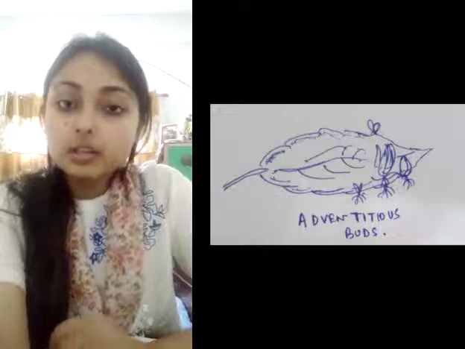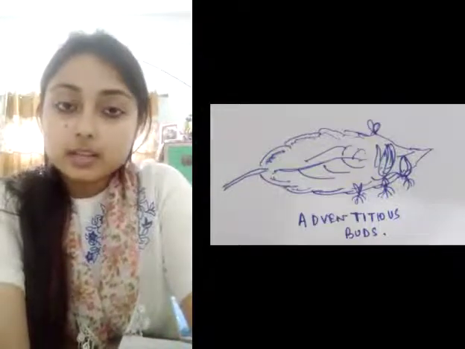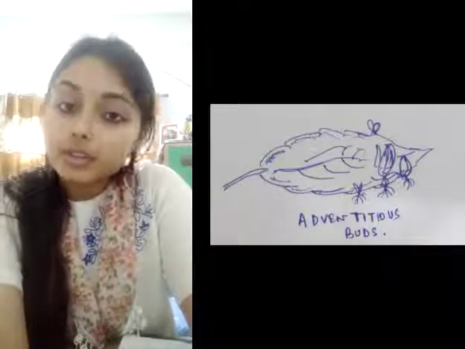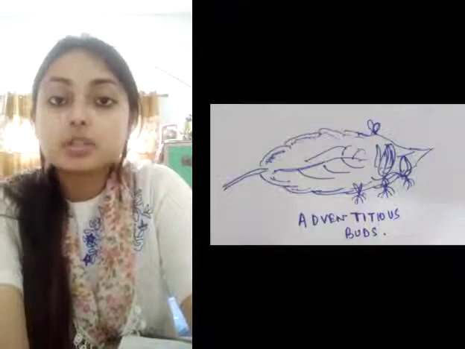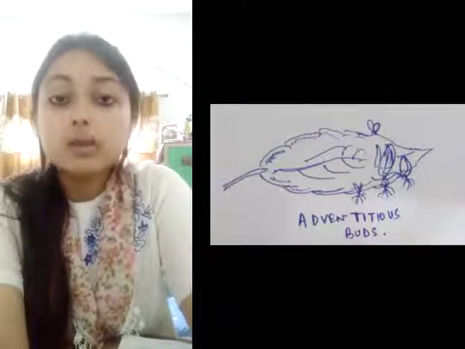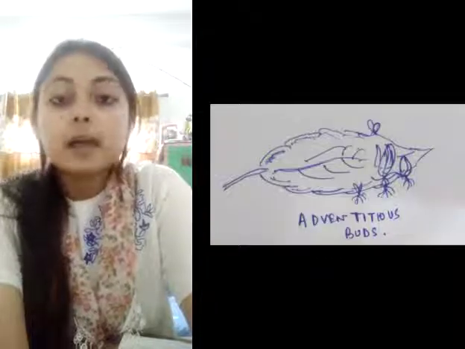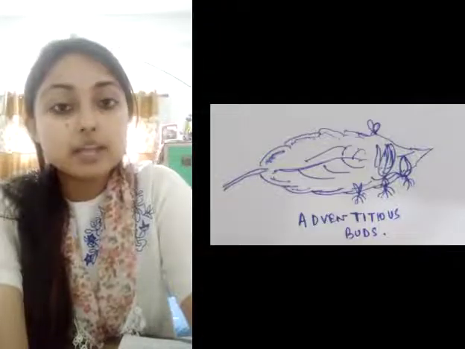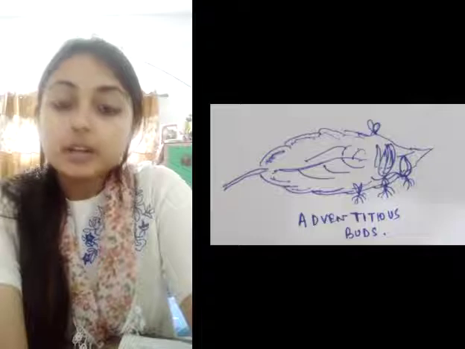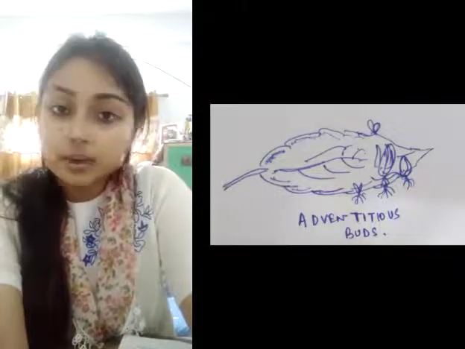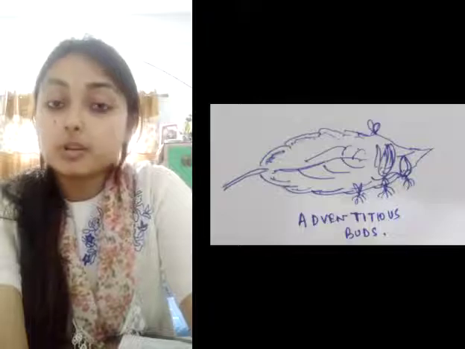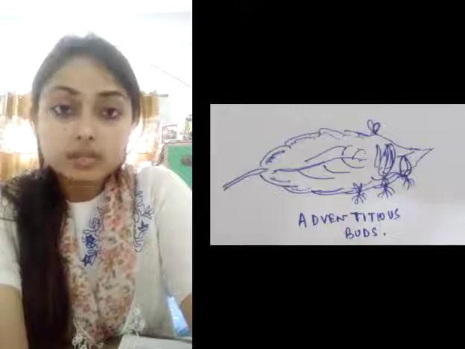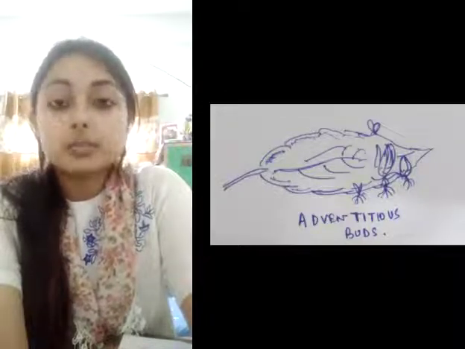Now we will learn a new term, that is perennation. What is perennation? Perennation is a kind of vegetative reproduction, that means a reproduction which takes place from parts other than the seed. Now, in plants such as potato, ginger and onion, the main plant dies after completing its season, but its special underground parts survive under the ground. Now, these special parts produce new individuals of the plant in the next season. So, perennation is a kind of vegetative reproduction, that is reproduction from parts other than the seed.